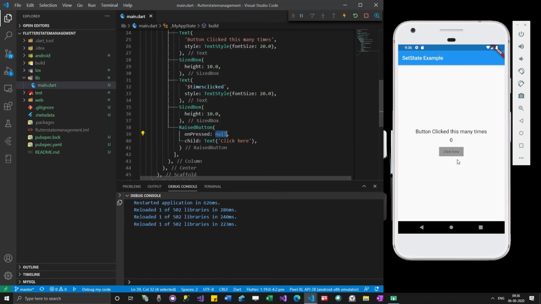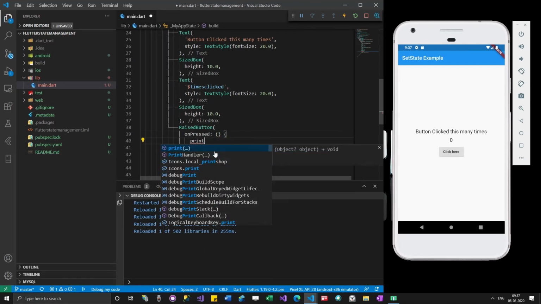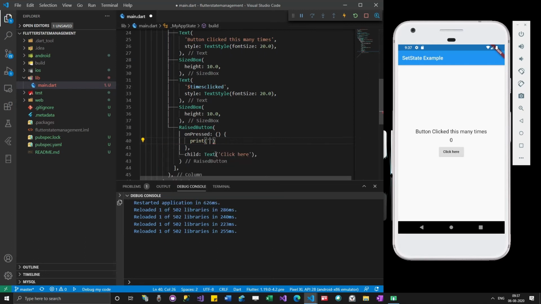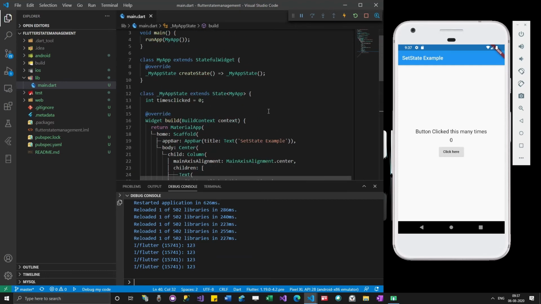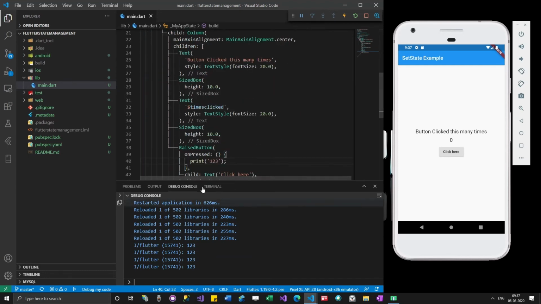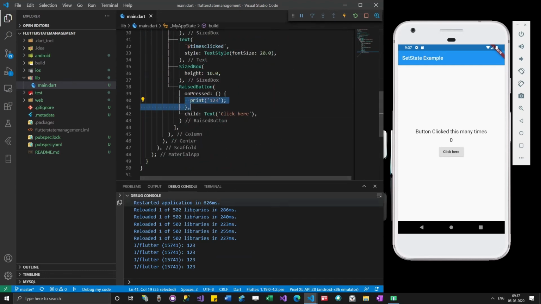Whenever the button is pressed, this code has to be executed, right? Whenever this button is clicked, you can see 1 2 3 is being printed. Even if you are using a stateless widget, these commands are executed. Print is actually being executed.